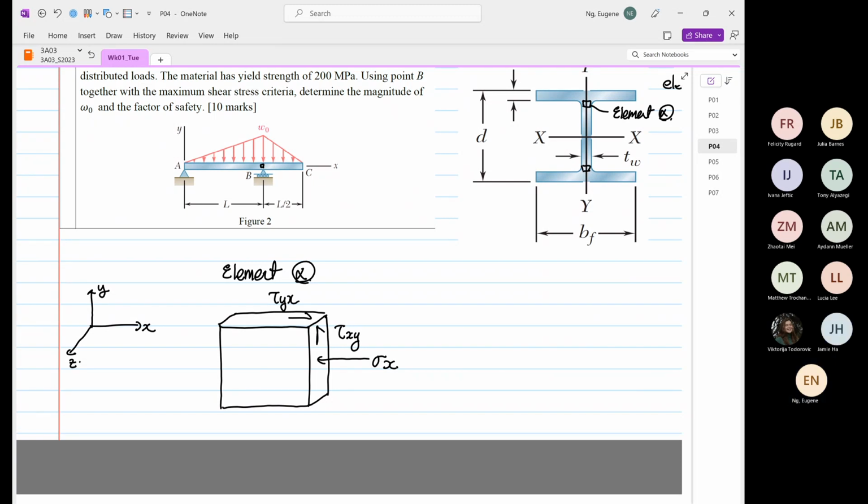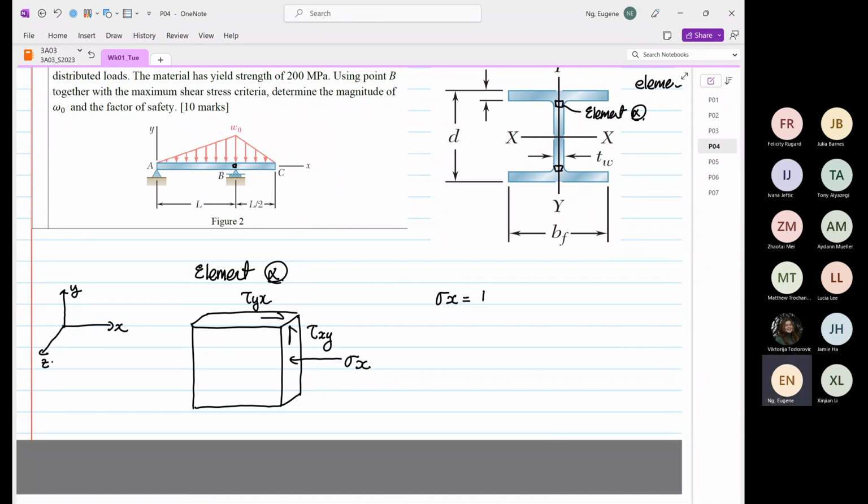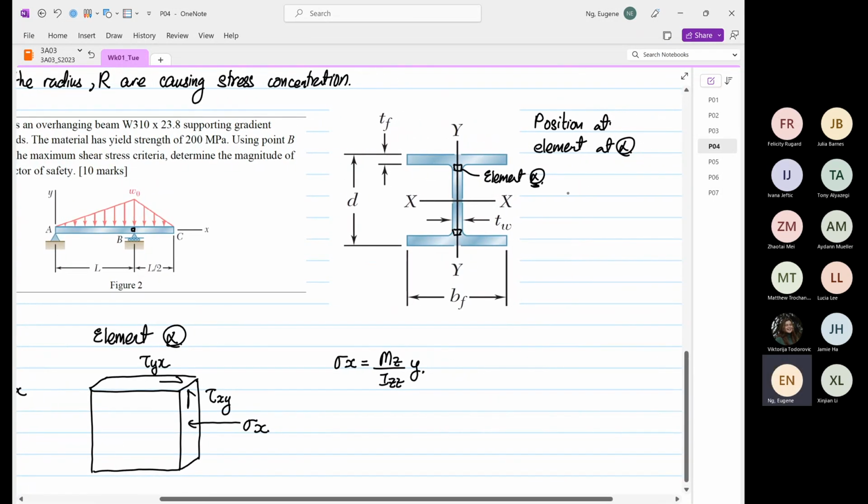Now we have to determine stress X. We know that stress X is equal to Mz over Izz multiplied by y. So the y distance is up to element alpha. For this case, we already know Mz. Mz is